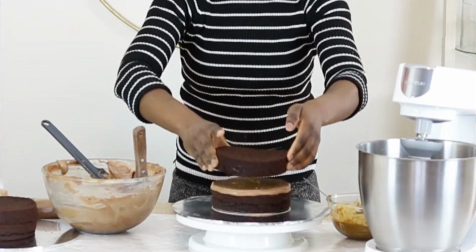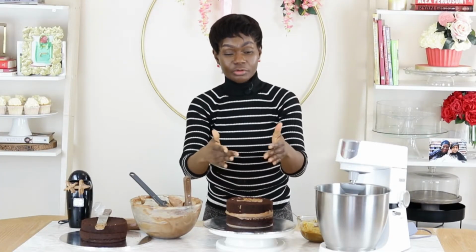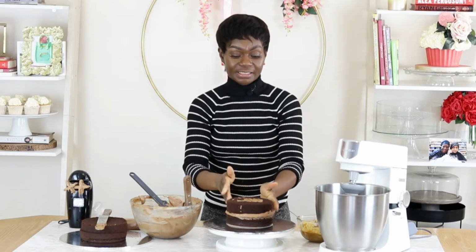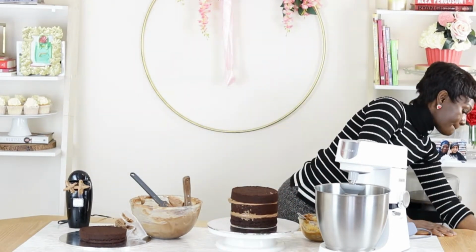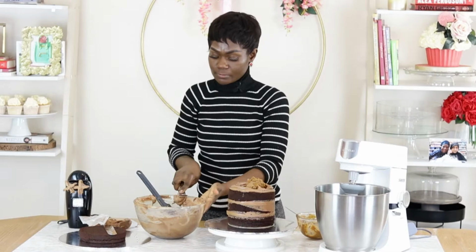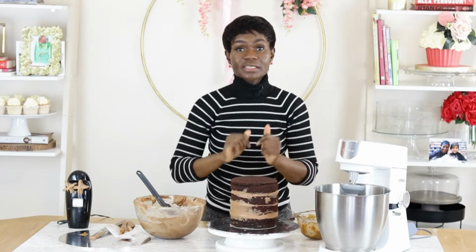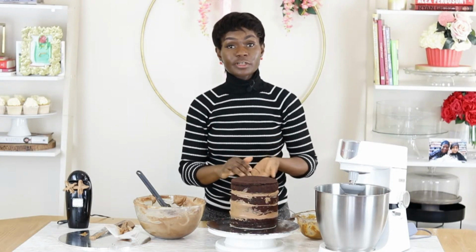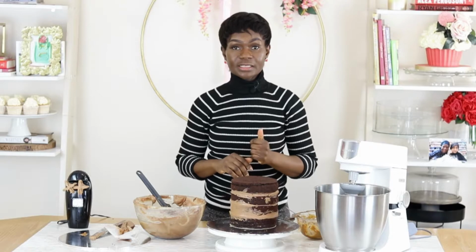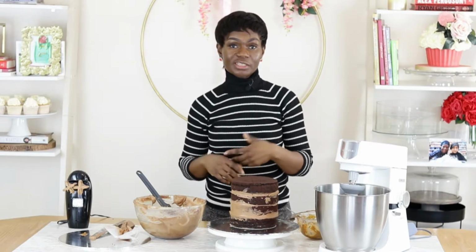On top of that, I am going to layer the second cake. For every layer of cake that I put on top, I will have to chill before following it up with the next layer. I am going to put this cake in the freezer for about 20 minutes to chill completely before I can cover it in the covering of whipped ganache. So I'm going to do that, clear up, and I'll be back to show you the next phase of this